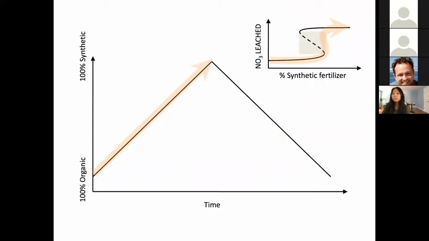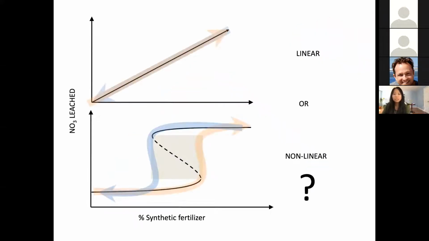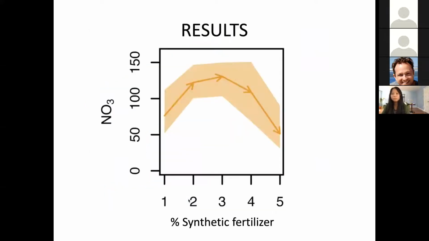So the goal was to see whether, as soil beds were transitioned forwards to a more conventional management, the effect of state variables like nitrate flux would be the same as when those same beds were transitioned back to their initial management conditions. So the null expectation is that these transitions would be the same back and forward, but if there are differences, then we could say that hysteresis is occurring.